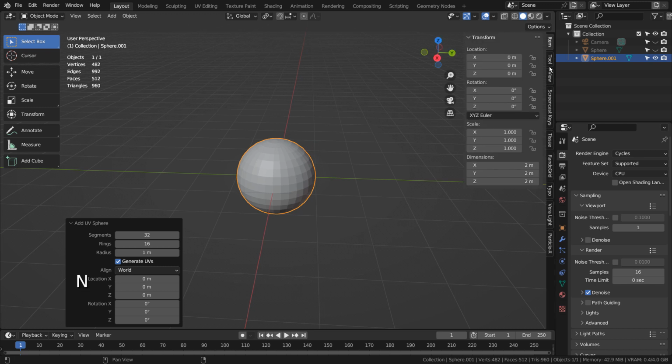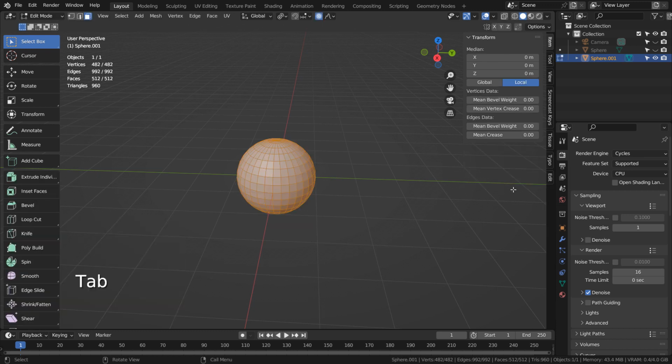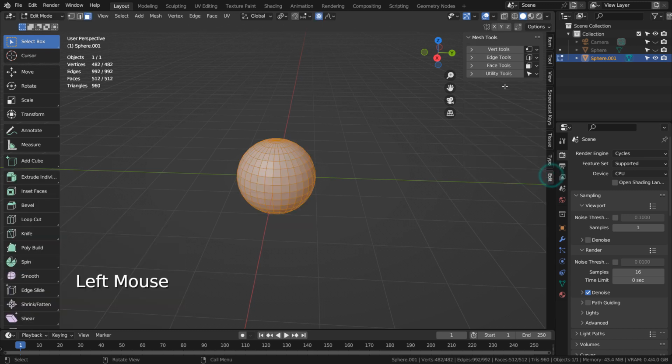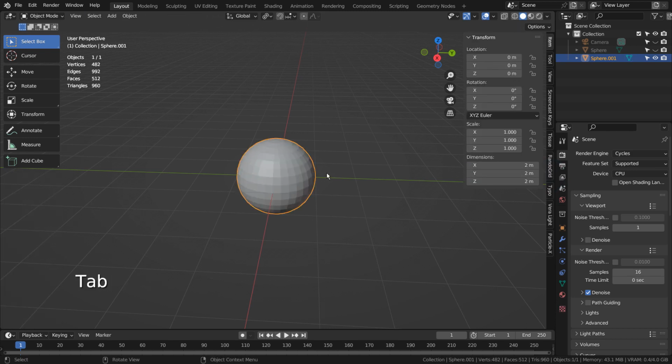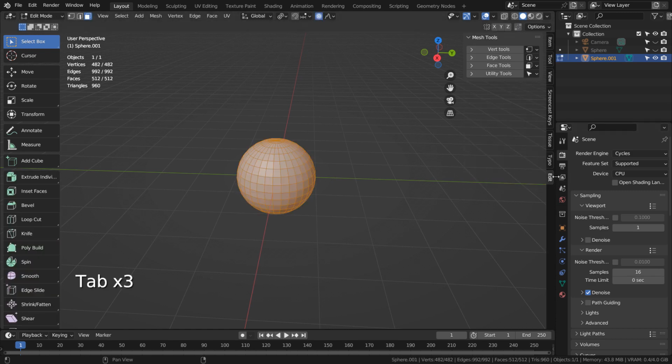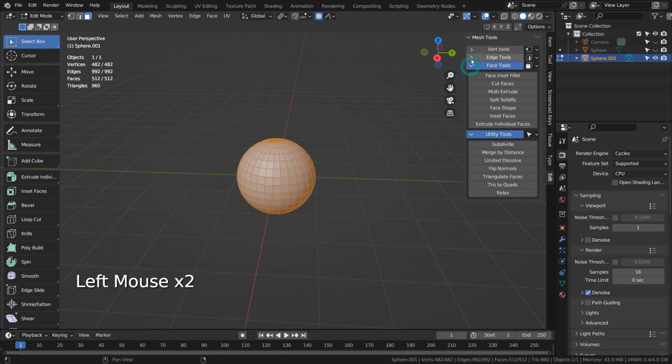This add-on is hidden in the Edit tab, and that tab will only appear when we're using Edit mode. I'll only cover Multi-Extrude today, so please explore other available tools that are super easy to use as well.